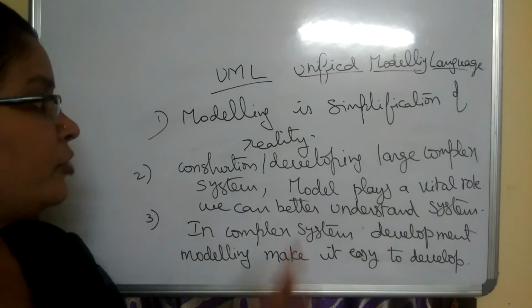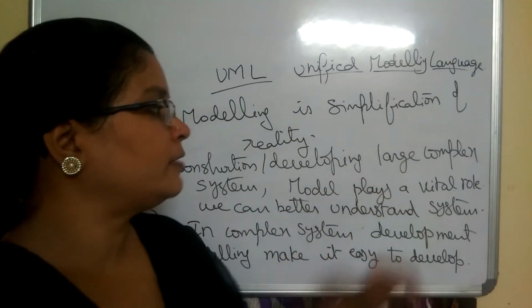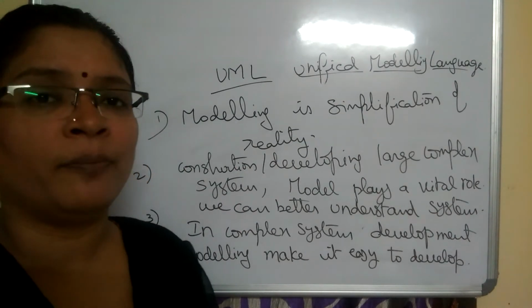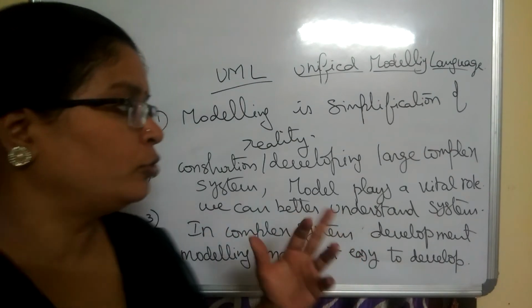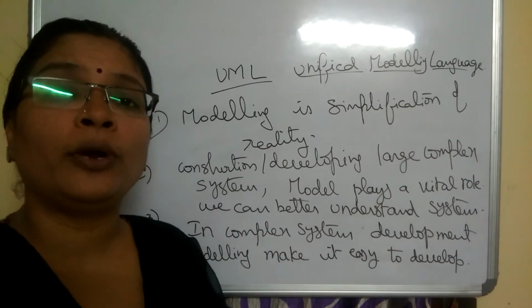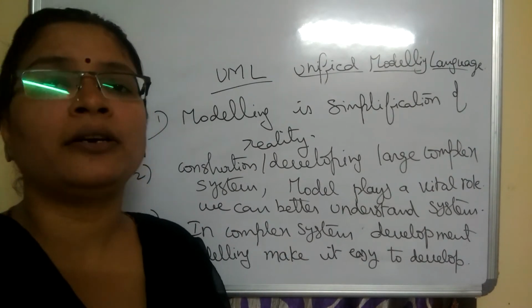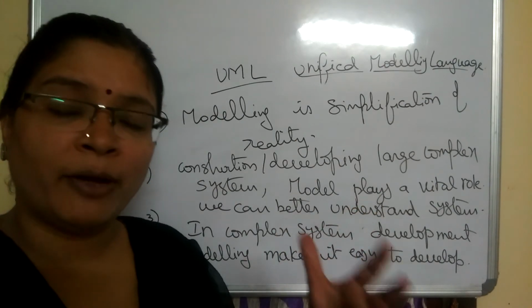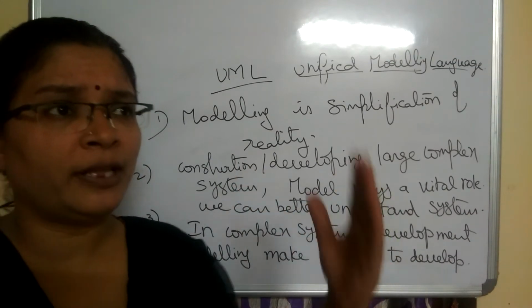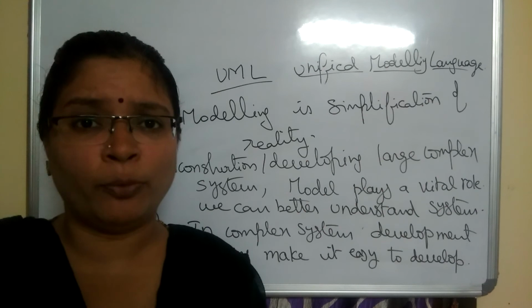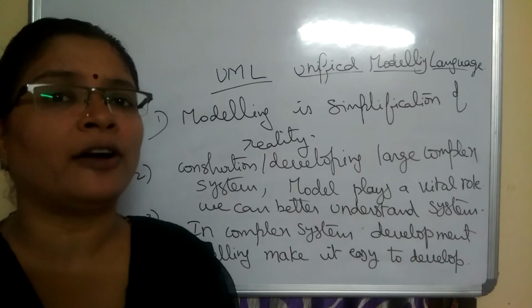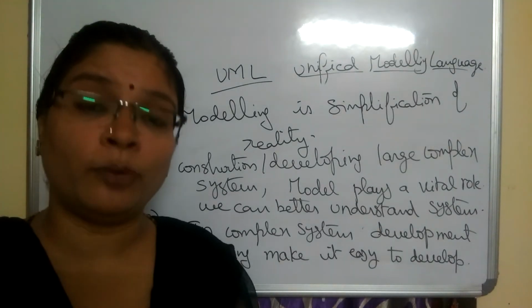And the next one, construction or developing the large complex system, model plays a vital role. Whenever you are going to develop a large software system or large complex system, unless there is a model, you cannot do it. So there the model plays an important role, and model also plays an important role in the understanding of the system. You can easily understand the system by watching the model itself. That means while construction of the building, how many doors will be there, this side one door will be there, this side one door should be constructed, and this side some place will be given. Like that, you can simplify the complex system into the simpler one by watching the model itself.